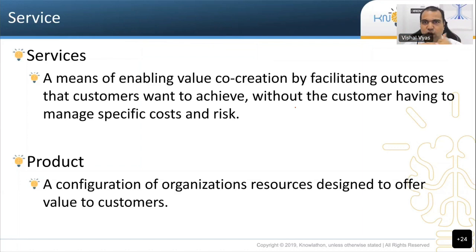If that is achieved with the help of Vishal Laundry Service Provider at 1 rupee per piece, will you be happy? Very happy. You will not end up buying washing machines and all that stuff. You don't want the hassle of arranging power supply and maintaining the stock of detergent powder. But you end up buying products because the kind of service that helps your outcome is not available. So if a service provider helps you to achieve your outcome, can it be called a good service provider?